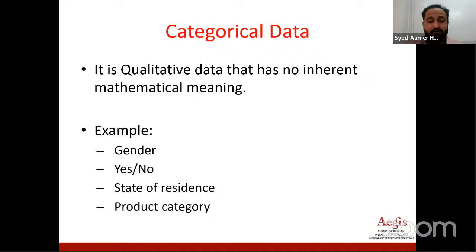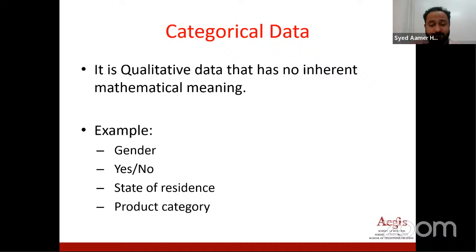And categorical data you'll have in terms of string values, like gender, yes, no, or maybe state of residence. Where I'm residing, I'm in Maharashtra, for example. Someone is in Haryana, that doesn't matter, right? And that doesn't have any inherent mathematical meaning. Now there can be a question in your mind: sir, when it is not mathematically inherent or has no value, will it have any significance for our result, or our y?